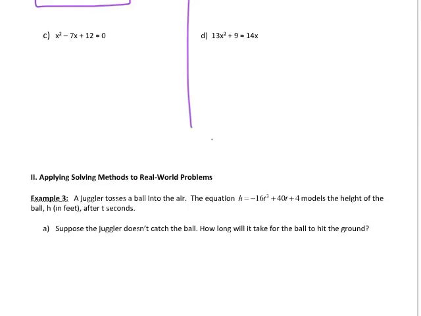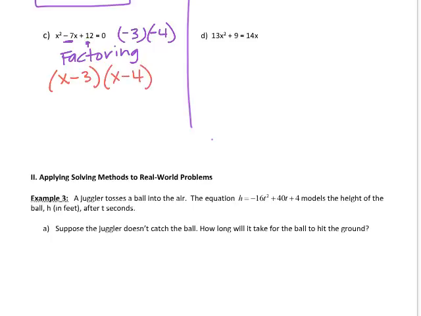And for problem C, I'd like to first take a look, because I do have a b value here, I want to first check and see if I know two numbers that multiply to 12 but sum to -7. So is there some set of numbers that multiply to 12? Well, -3 times -4 is +12, and they add up to -7. So factoring is going to be my easiest and quickest method, rather than doing all that work to do the quadratic formula. So we're going to say that x minus 3 and x minus 4 are the factors, and therefore